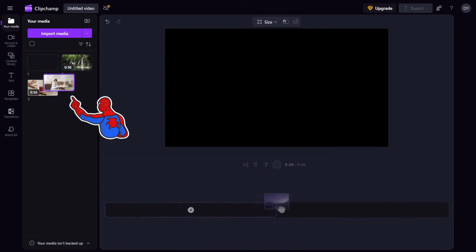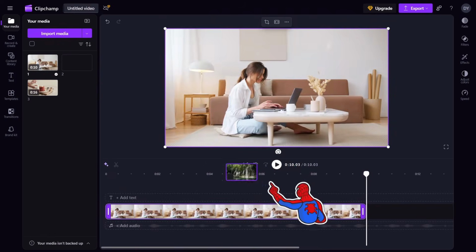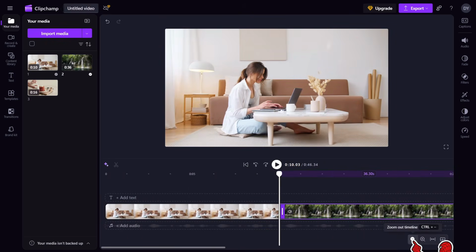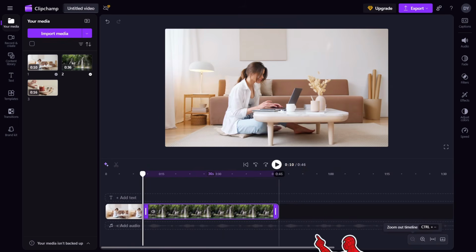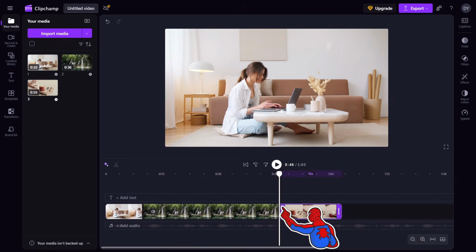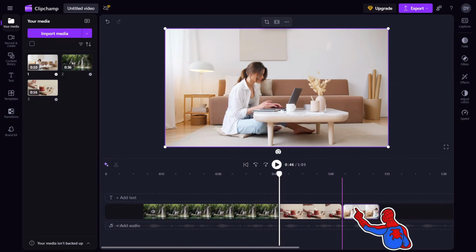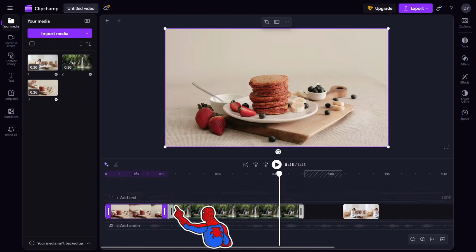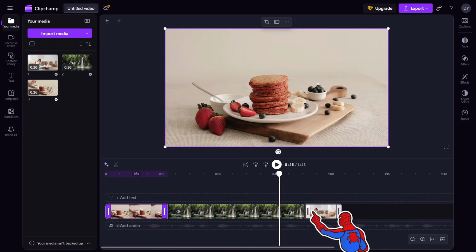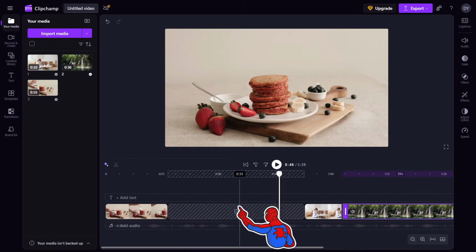Now, if you're adding multiple videos, you can just continue dragging them in like this. I would suggest you zoom out the timeline so it's easier to see the videos. As you drag them in, you can also arrange your videos by dragging them around like that. And as you drag the videos, you will see empty gaps between them. You can click on this trash can to delete any gap like this.